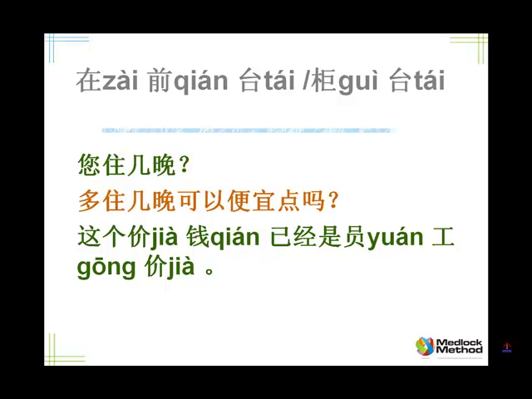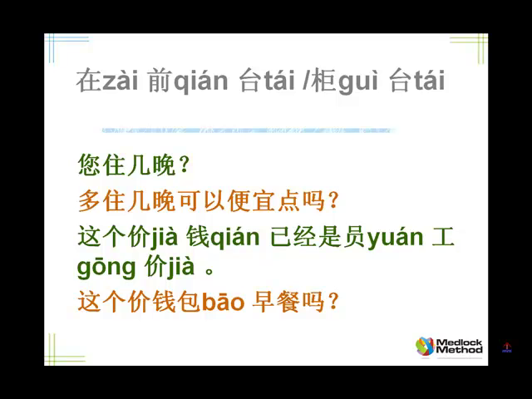Let's expand the question a bit more and ask, does this price include breakfast? 这个价钱包早餐吗. Okay, one more time. 这个价钱包早餐吗